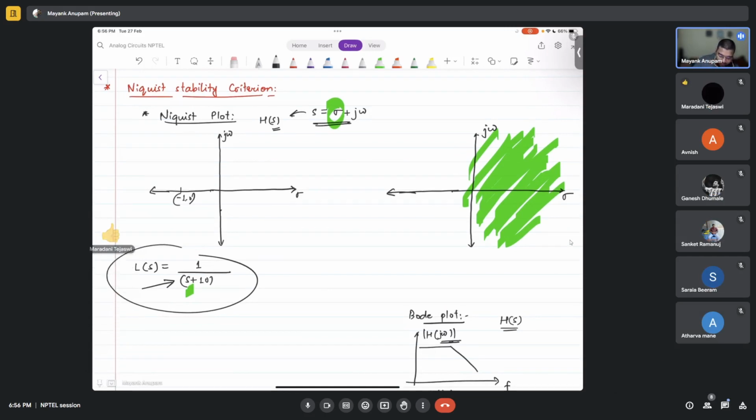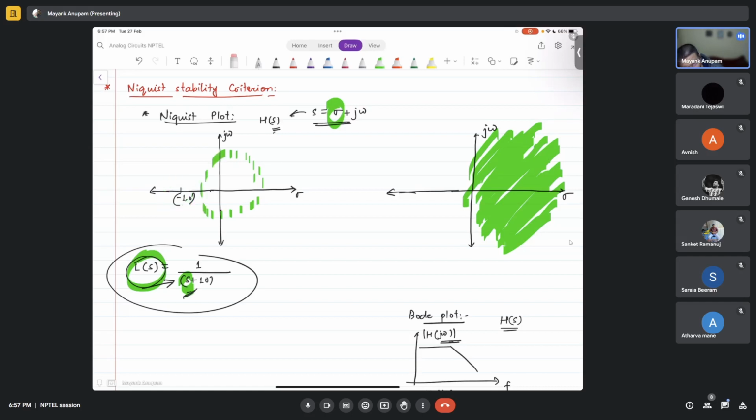Good. So I was saying that the Nyquist stability criterion says that for any L of s you want to plot, the s that you put in L of s has to come from the RHP, the right half of the S plane. When you put all those s values and get the loop gain values, you plot them, and if the -1, 0 point is not encircled in the anti-clockwise direction, this anti-clockwise is very important,